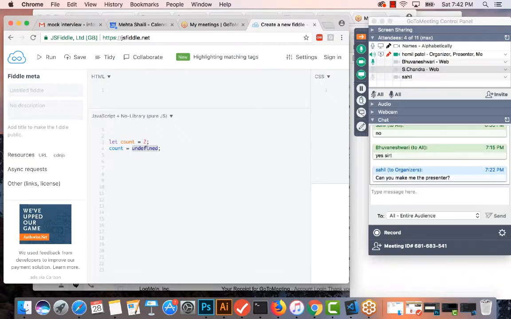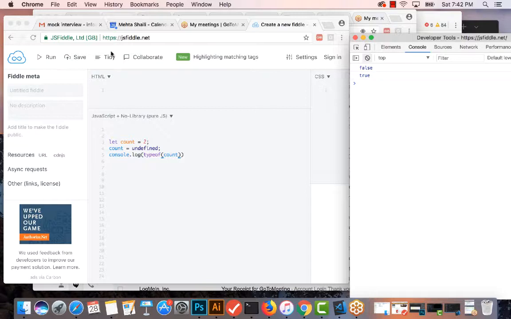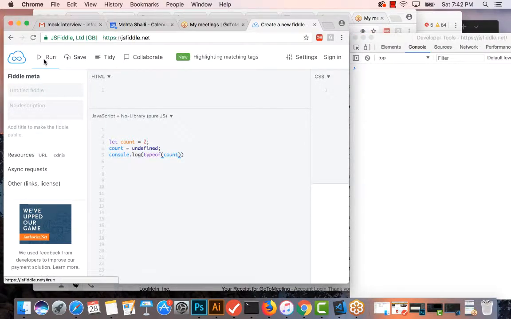The only difference, I believe, is if I try typeof count, which is right now undefined, then it is undefined, but I think if it's null,